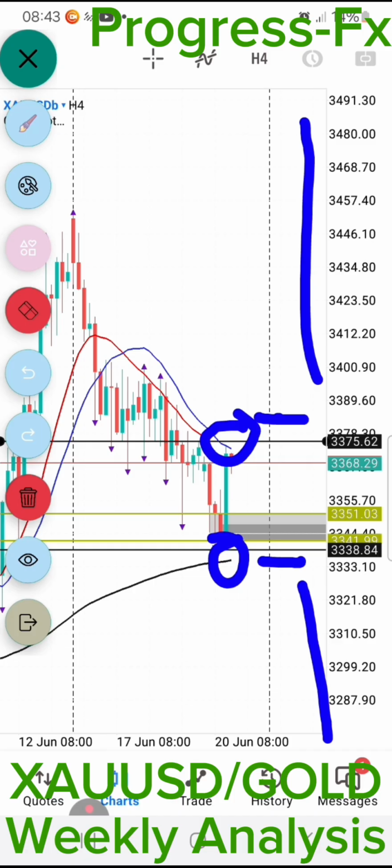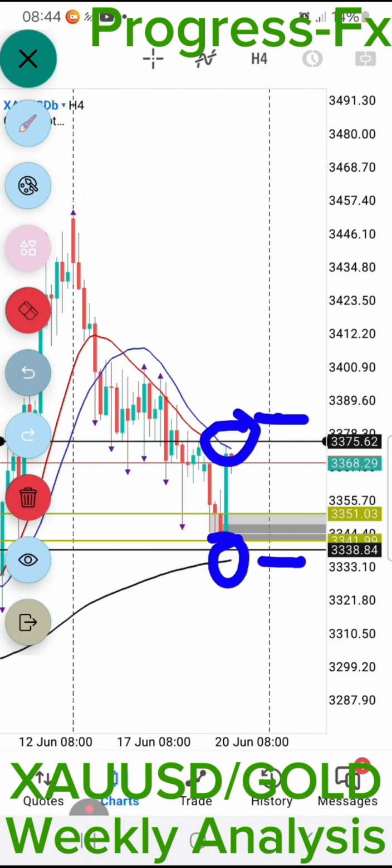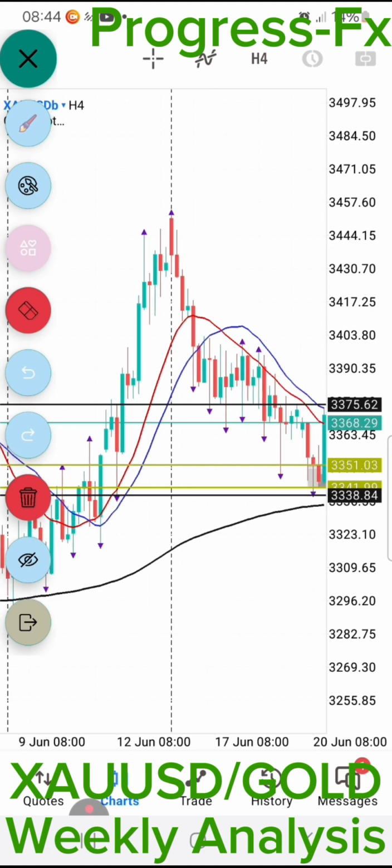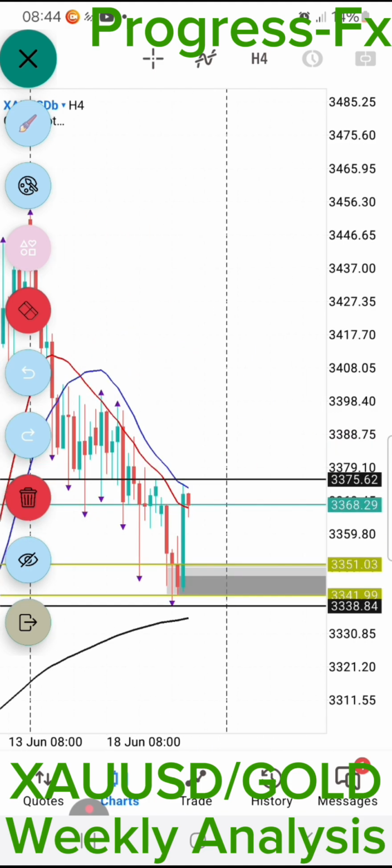So that I have given you a trading idea does not mean it is just going to happen exactly, but I'm just showing you the secret of what to expect. So these two black lines are still very, very key areas to look at